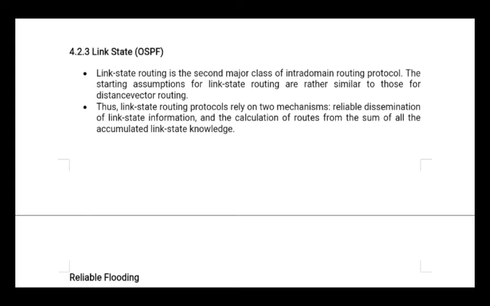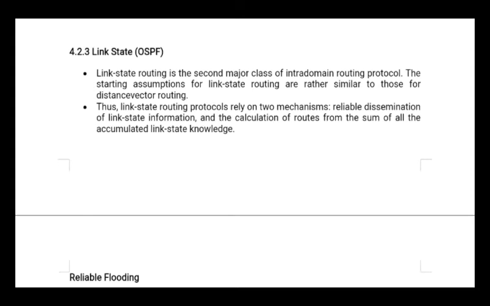Now send this link state packet to all other nodes. Is it clear? All other nodes which are directly connected to you, you just send this packet to them. And you are also going to receive packets from other routers present in the network. Other routers are also identifying who all their neighbors are, their addresses, and at what distance they are present. Each router wants to tell the information about its neighbors, what their addresses are and at what distance they are present.